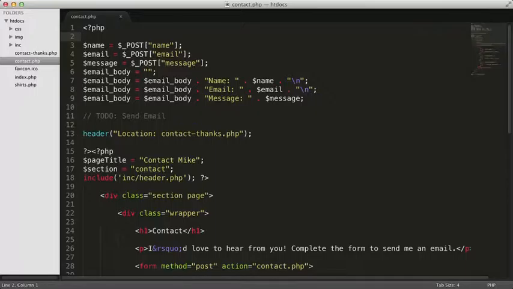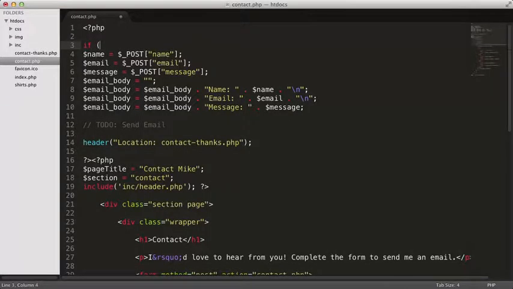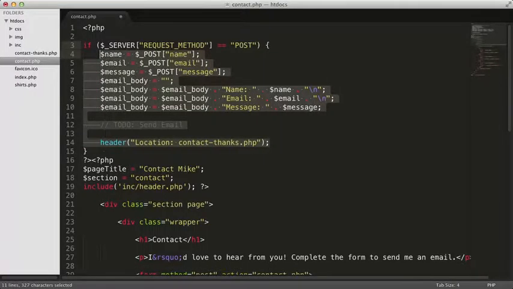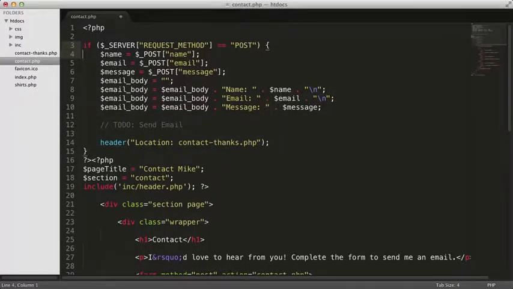Let's add a conditional that checks the request method. If the request method is post, then we want to execute this block of code. Remember to use the double equal sign here to compare two values. The single equal sign is used to assign a value. If the request method is not post, then we'll skip over this code block, and the contact form will be